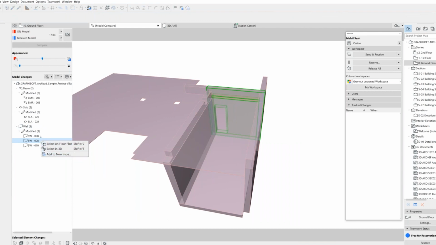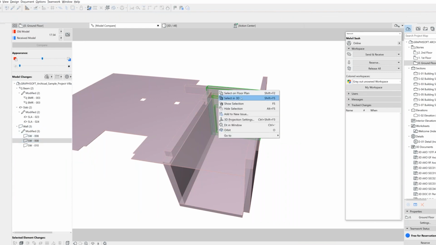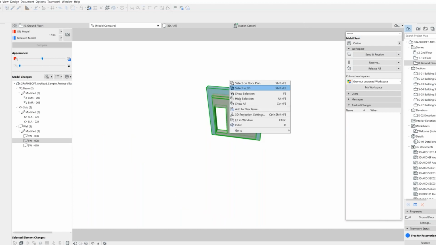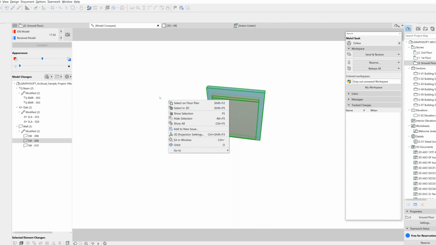Other than that, if I click on here, I can hide selection, or I can just show this selection. And let's say these changes, I have already received them, but I don't think they are acceptable.